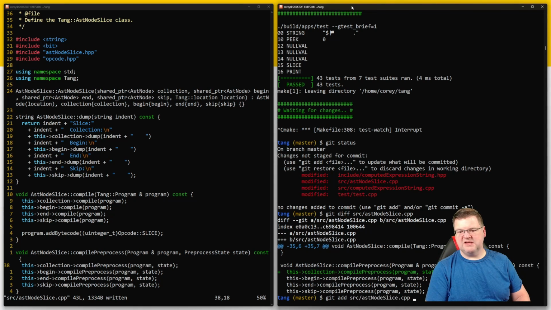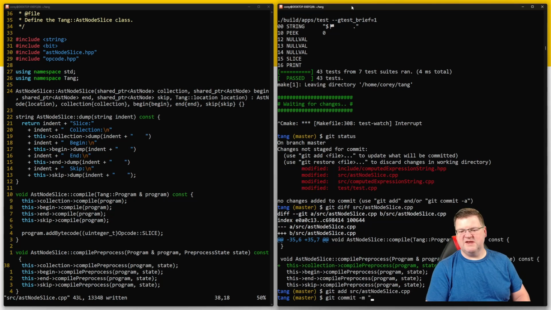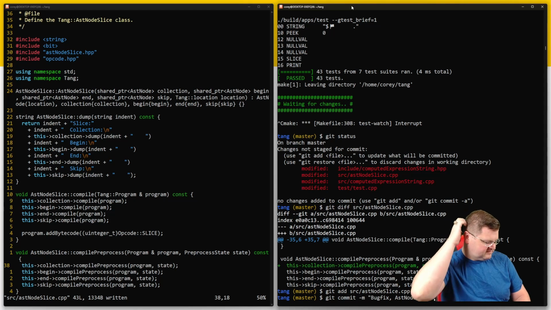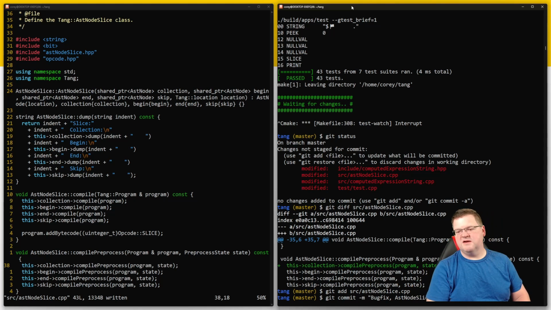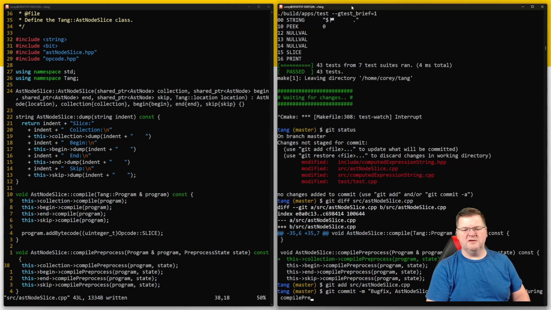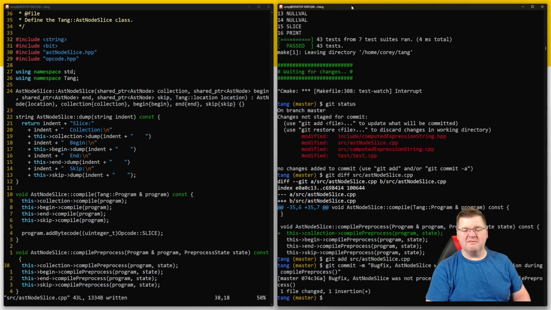Source AST node slice, and git commit with a message of bug fix: AST node slice was not processing expression during compile pre-process. All right, that should be,